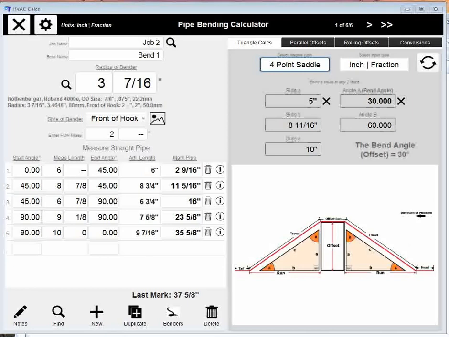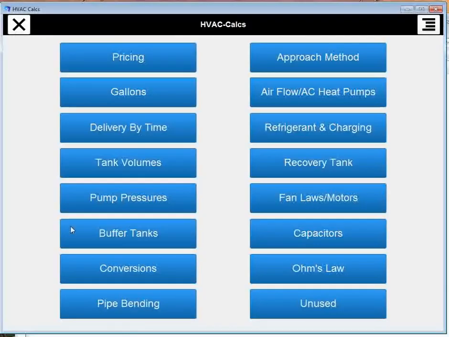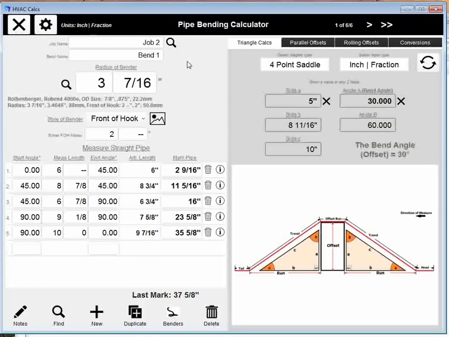Again, in the description we'll tell you how to get this file, which is made from FileMaker for iOS devices. We're going to take a look at doing some offsets and some saddles. Again, this is the pipe bending calculator, and what you want to do is let's create a new